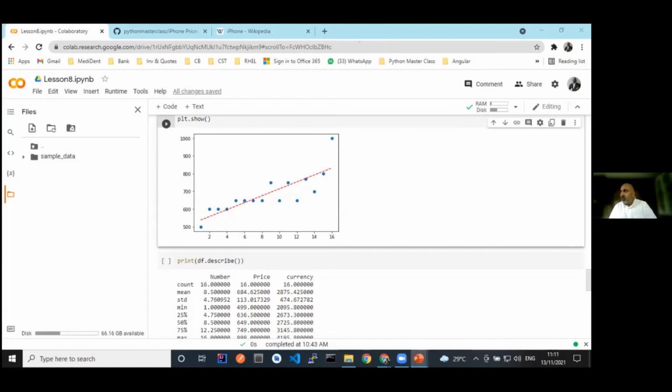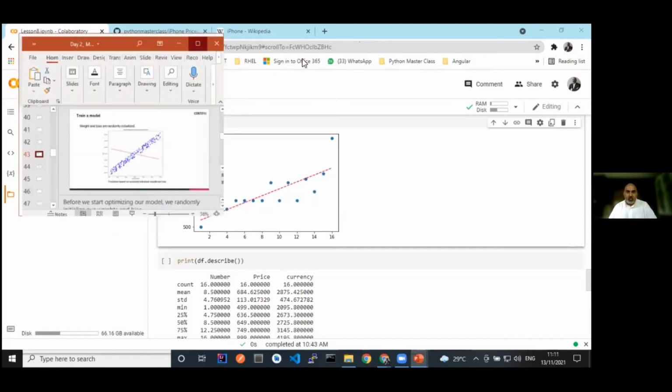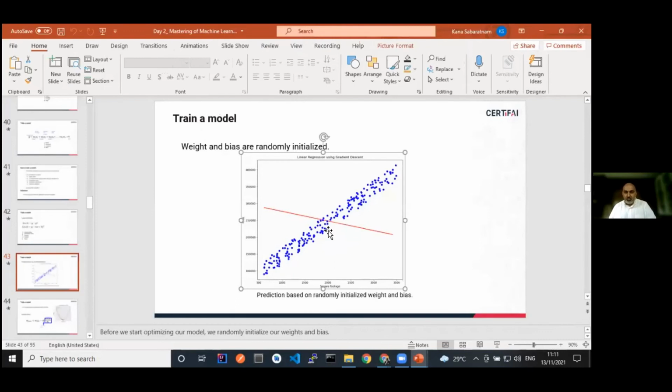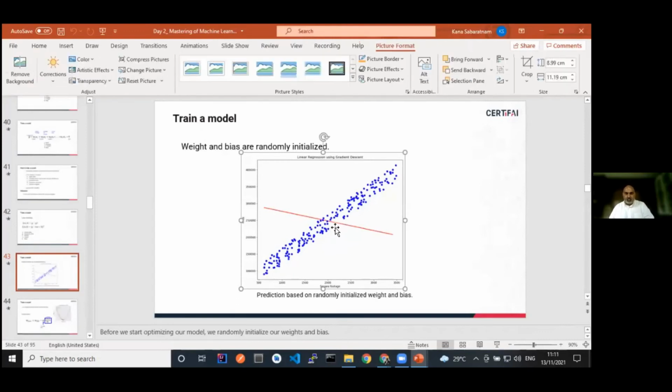So when we actually have a model, it begins with a random value. Then it starts to, you can see that there is a kind of an inclination of how,